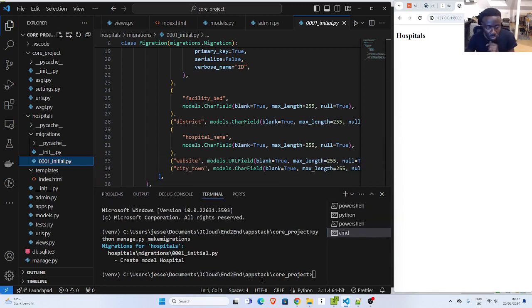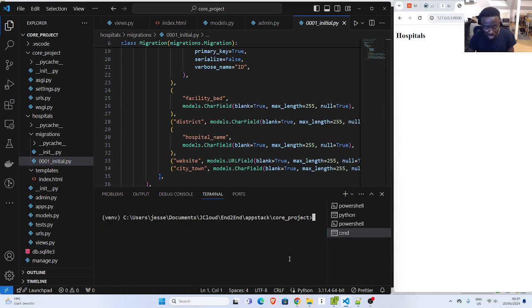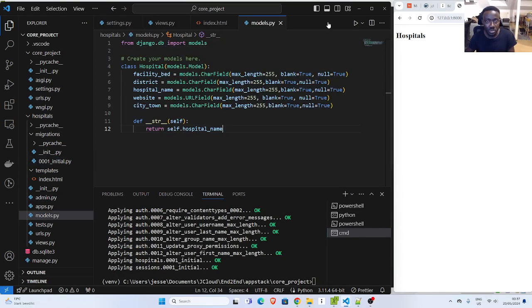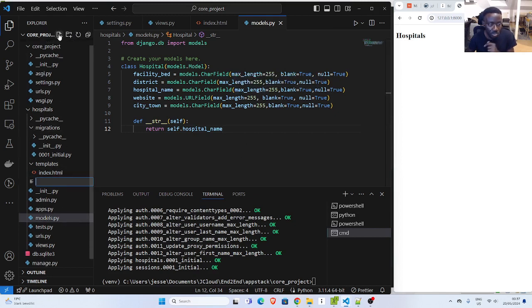Perfect. So let's migrate. Let's clear this off, and then we can just do python manage.py migrate. It's going to migrate all the things that we need. Perfect. So we are done with it. We are done with the model structure. What we need is, we also need to create a schema for our model. So I'll call it my schemas